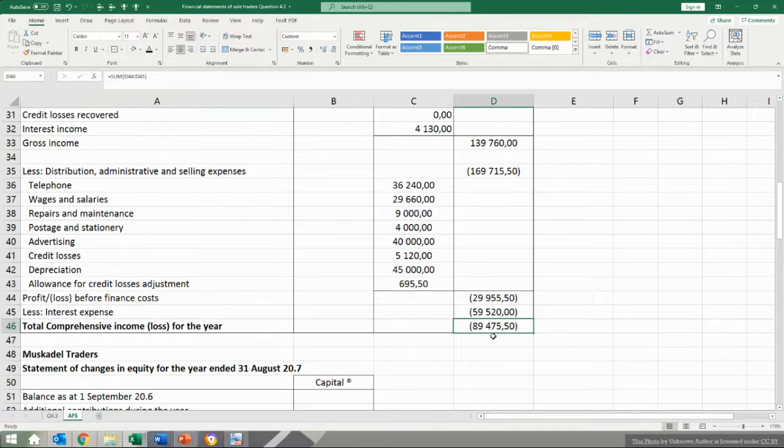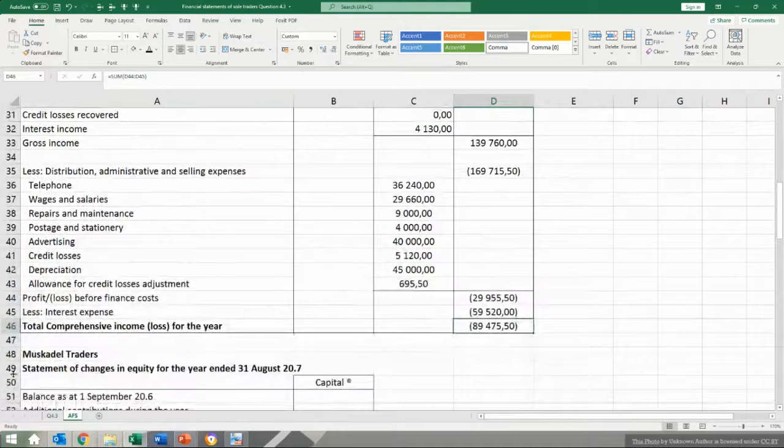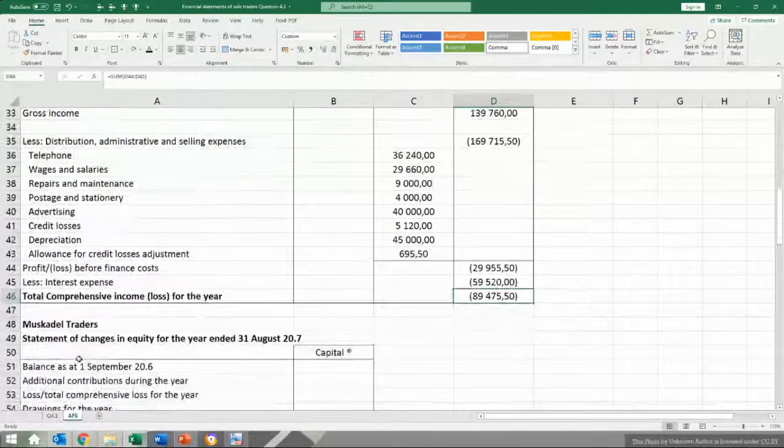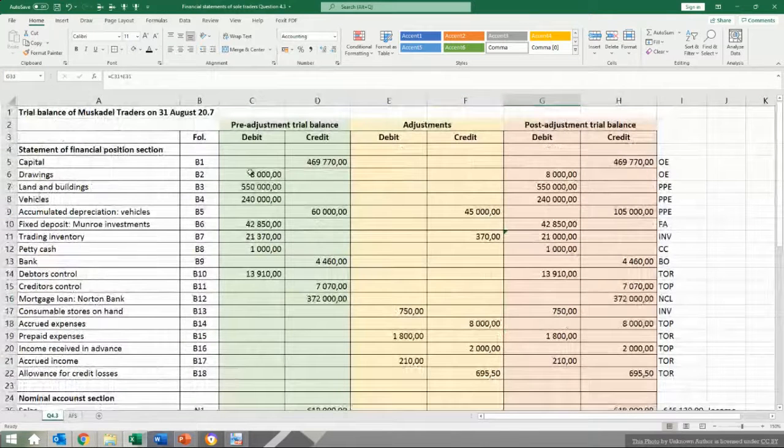We've got a loss of 89,000. Now, the next step is taking this information as well as the capital information from your trial balance to work out your statement of changes in equity. So the first step for that is we want to know what is the balance of capital on your trial balance. So if we go here, the balance of capital is